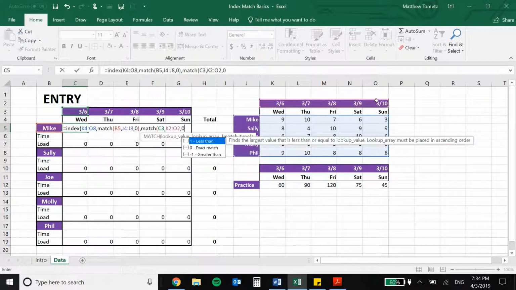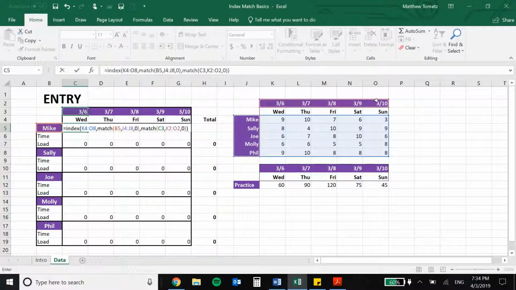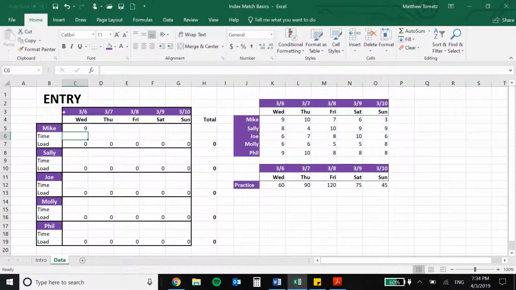Exact match. Close out match. Close out index. Perfect. Syntax is gone. Enter. Mike on Wednesday was a 9. Now, one key thing is if I copy and paste,